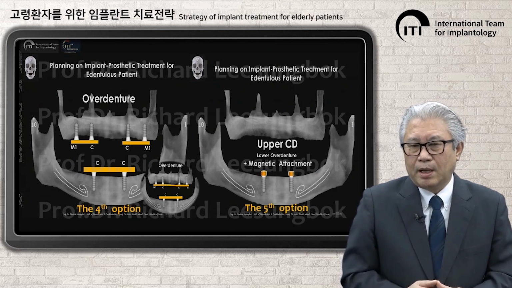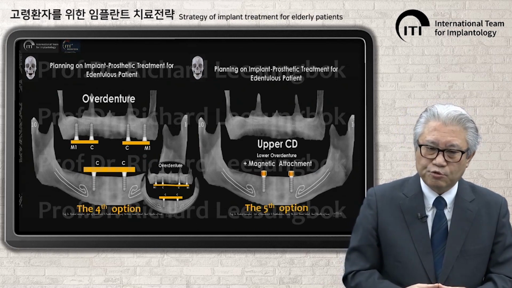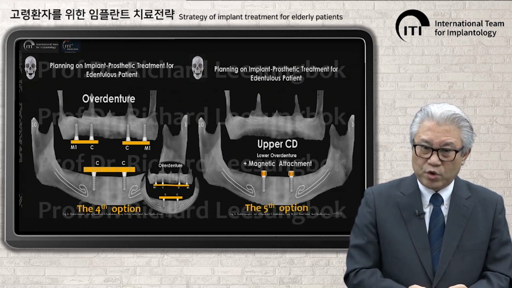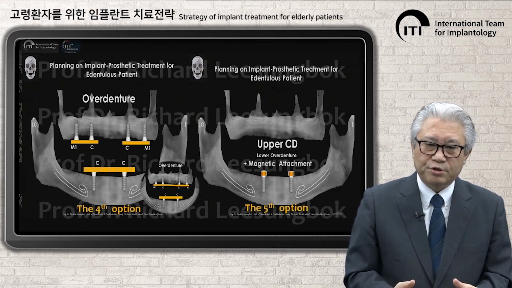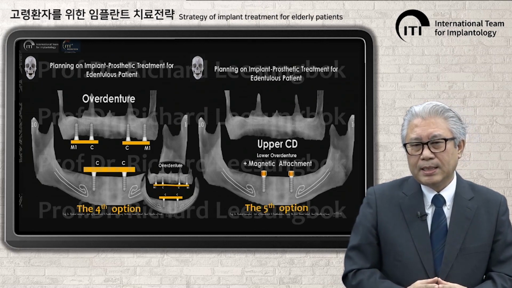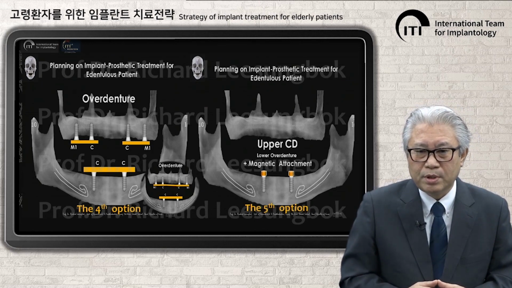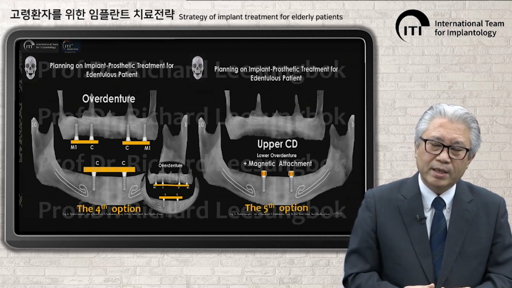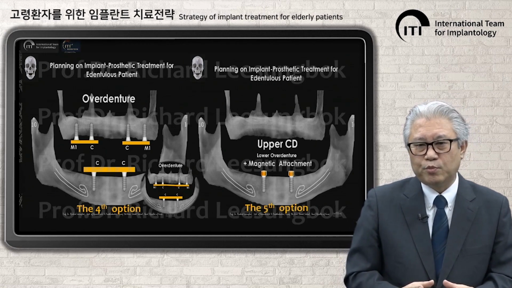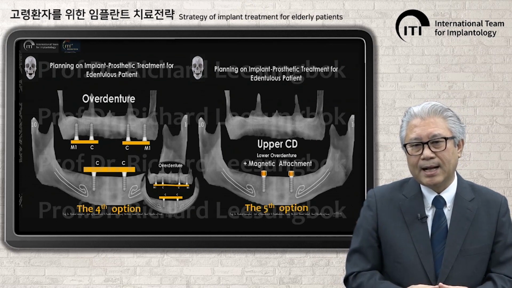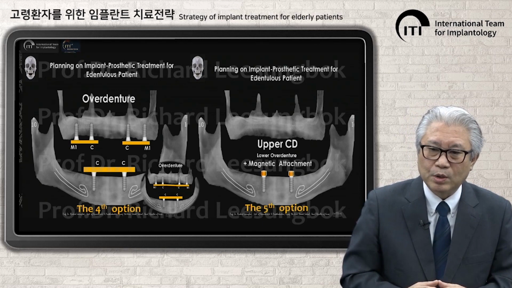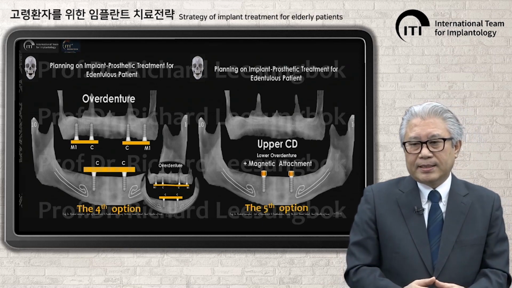The fourth option is to plant 4 implants in the upper, install a 2-unit bar or 1-unit bar structure on it, install a 1-unit bar structure on the lower 2 implants, and then provide an overdenture to each of them. The fifth option is to provide a complete denture on the upper and place 2 implants on the lower